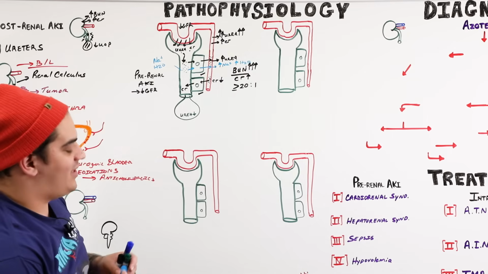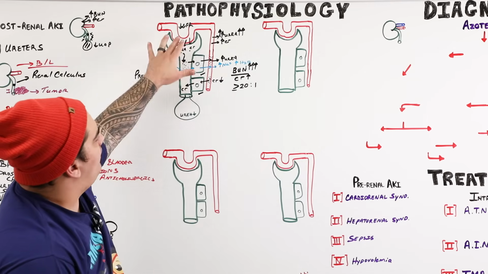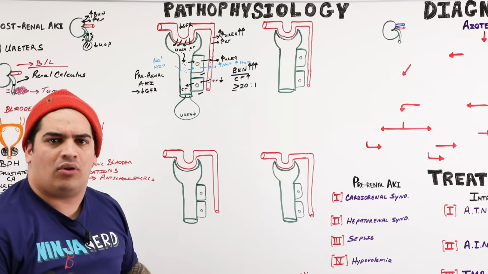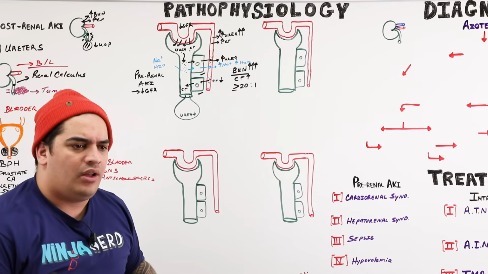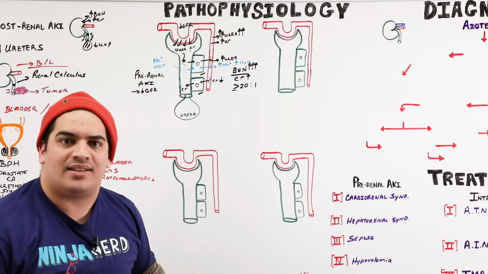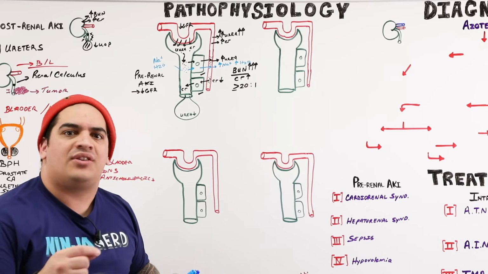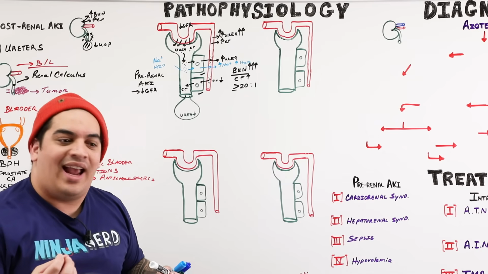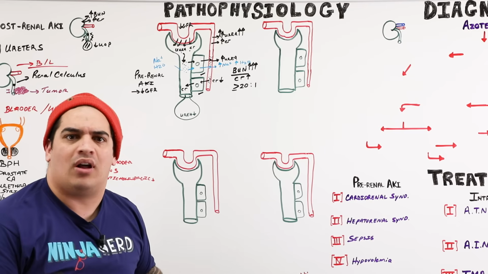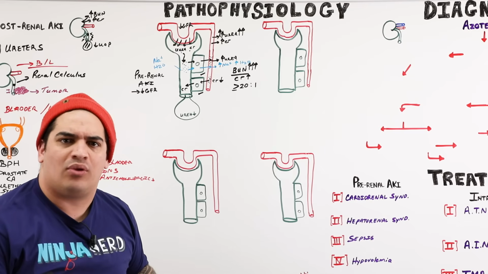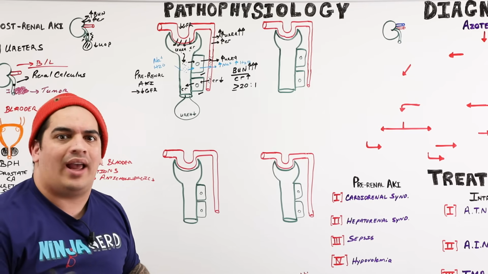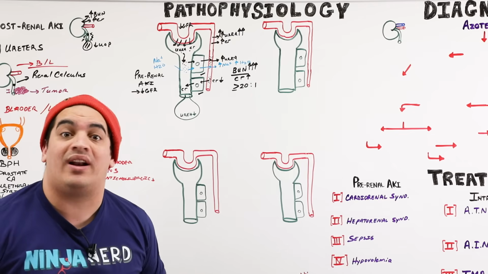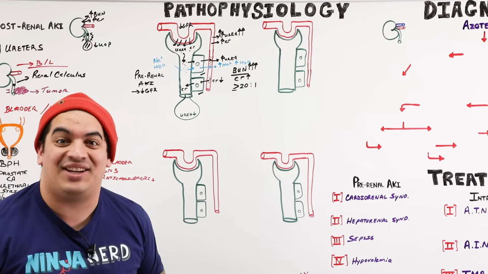But there's one more thing I want you guys to think about. When you have a low GFR, it will lead to a low sodium chloride concentration that should trigger your macula densa cells to tell the afferent arteriole, particularly the JG cells, to start releasing renin. And then it'll tell renin, hey renin, there's low blood flow, low glomerular filtration, low sodium chloride. I think you actually need to figure out a way to increase the blood pressure so you can increase the perfusion to the kidneys. You should activate the renin-angiotensin aldosterone ADH system.